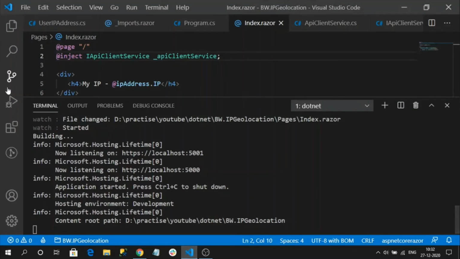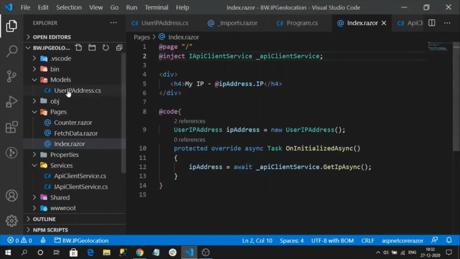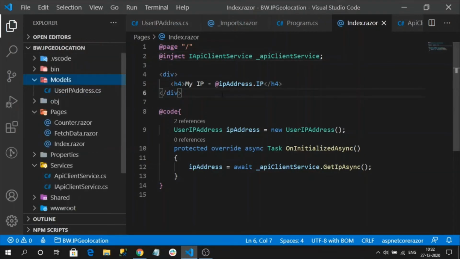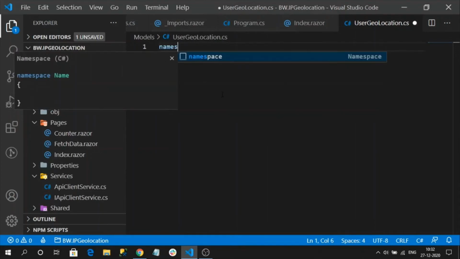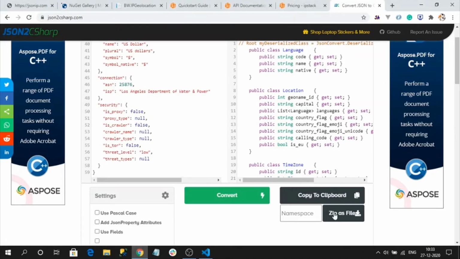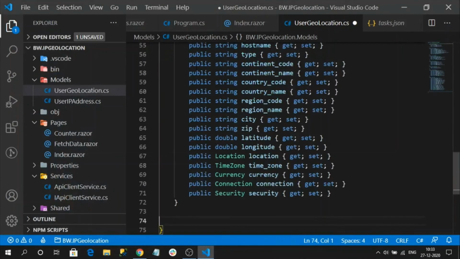Now I am going to create a new model like UserGeoLocation.cs. In this file, just copy the generated classes for us.